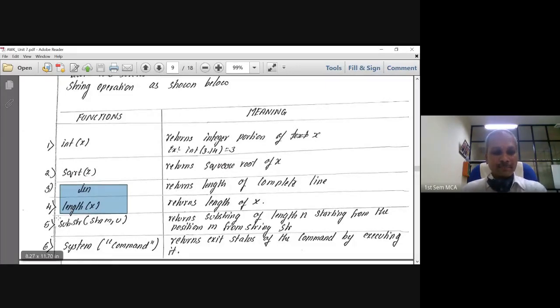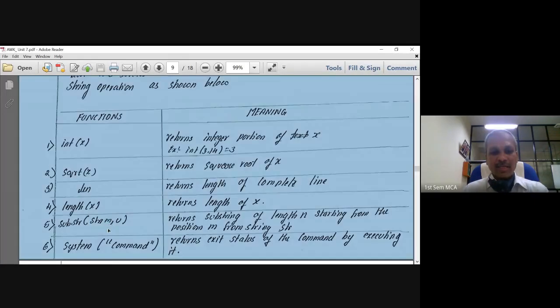Next, we have substring. The syntax is pretty much as you will see, where we are going to extract a substring of a given string. So there are 3 parameters if you observe here. The first one is a string, that is the source string, followed by a comma, followed by m.